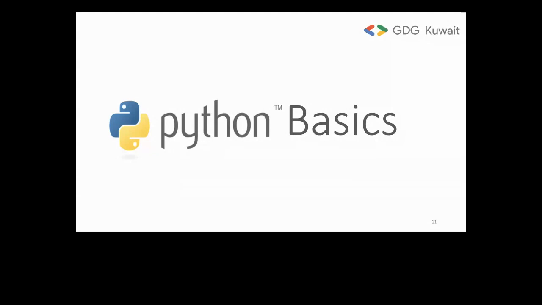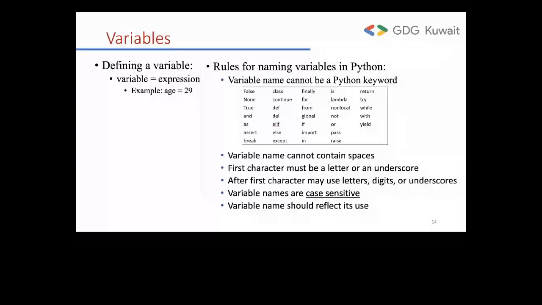Okay, variables. This is how we write the variables. A variable, equal, then the expression. We can write it as age equal 29, or let's say Mariam equal student. Okay. The rules for writing a variable: we should not write a variable name like